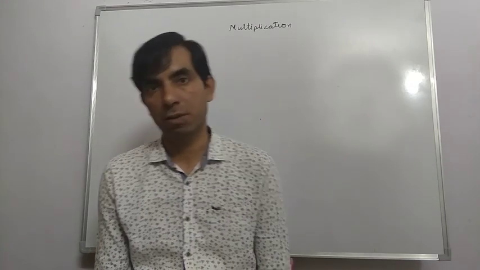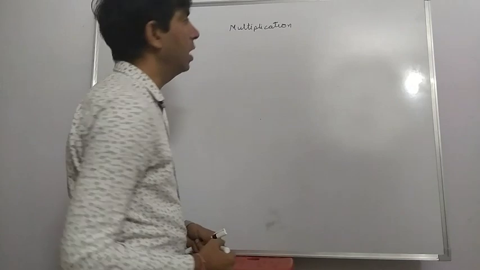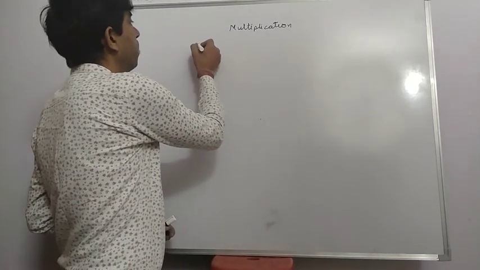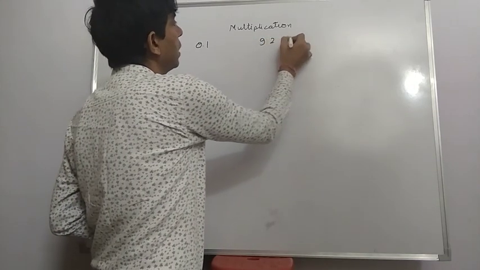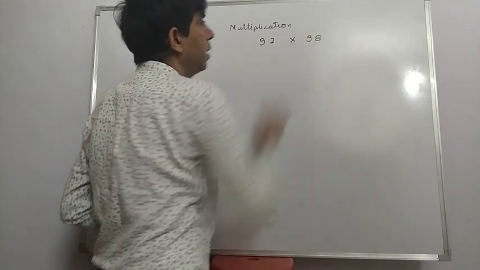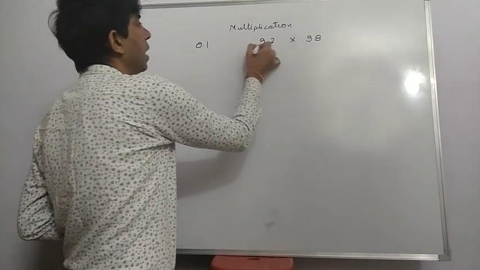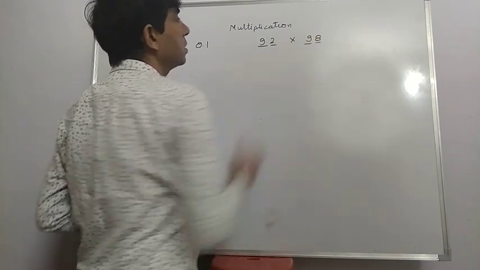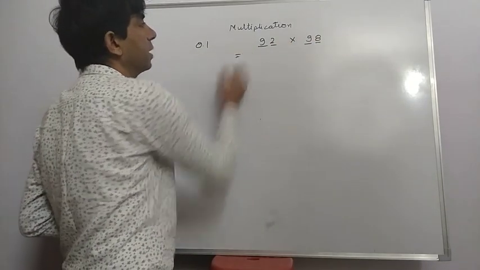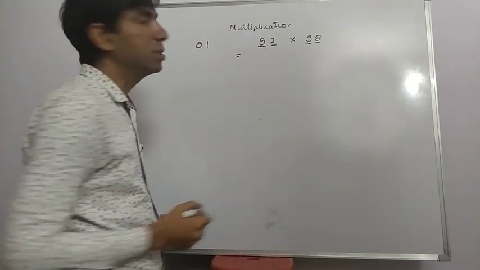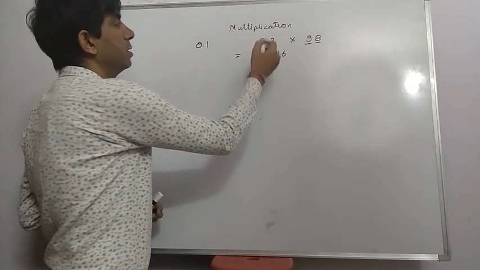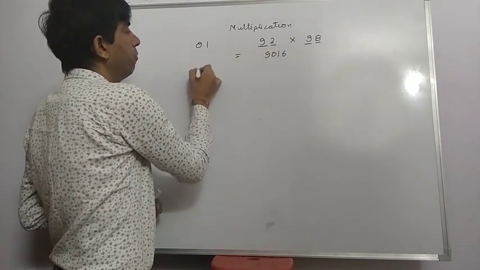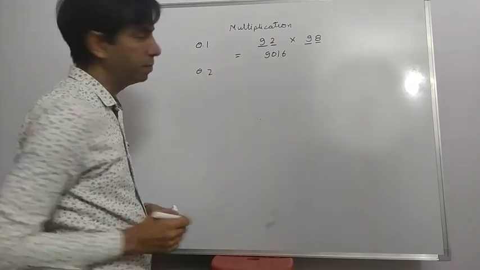Today's topic is multiplication, multiplication at fast speed. Yesterday, in the last video, we learned multiplication in the part system, just like 92 multiplied by 98. In the part system, the first parts are the same and the sum of the other parts is a place value. Then we multiply the different parts by each other: 8 times 2 is 16. And the same part is multiplied by the next number: 9 times 10 is 90. In fractions, it is also 1.